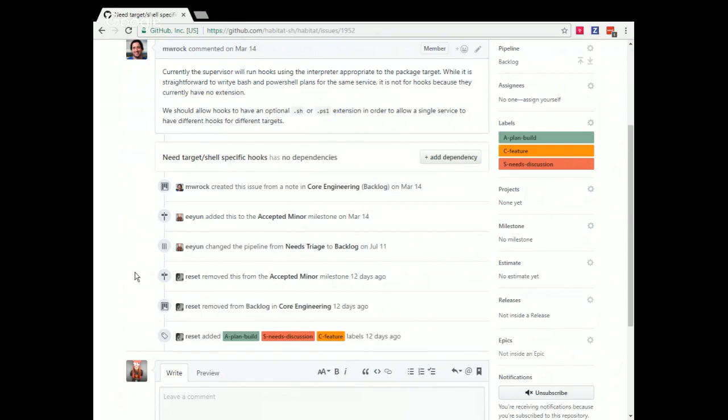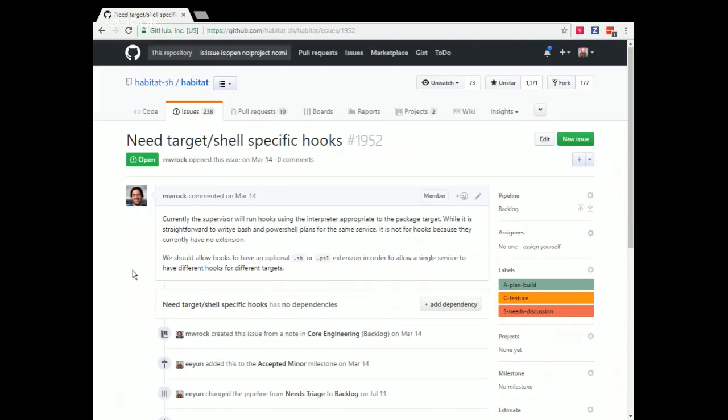This is an interesting issue. We've had a couple of conversations about this, and we ended up kind of pushing back on adding extensions to things. And there was another RFC that went up that kind of got shot down. This needs some discussion. I think that Matt is right, but I think that we may need to discuss implementation details to have a better idea of how to handle this right now.